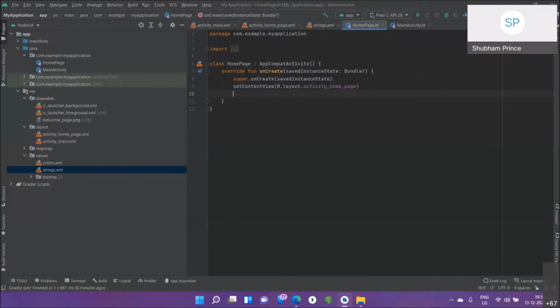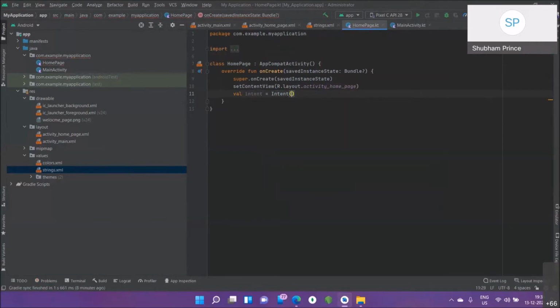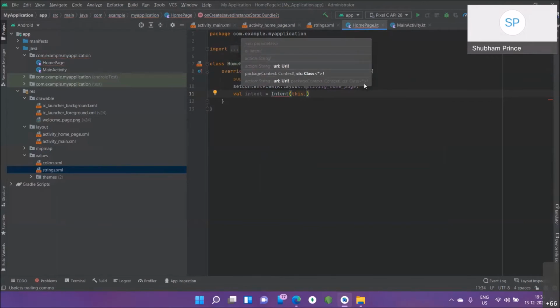So what we will be doing is creating an intent. It's just a rough intent, I'm just giving an example. An intent variable is created. Intent is our class. You can see in the drop down list there is an intent, and then we will do intent. This stands for the current object, we are placing the intent on the current object. And now how are we moving from one page to another? Which activity are we working on? Currently we are working on the main activity, and we have to move to the home activity.